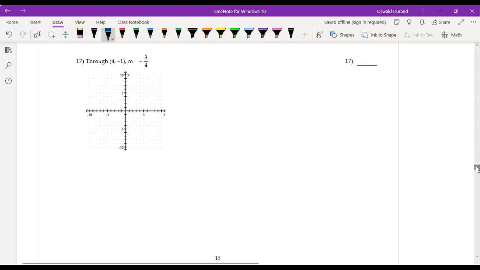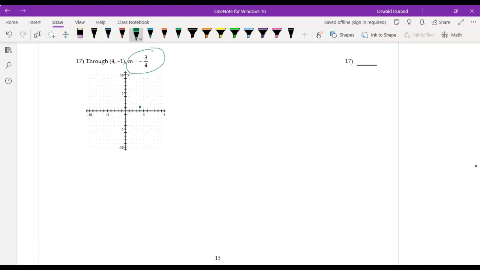All right, so in order for me to use the slope and a point to graph, all I have to do is look at what's given to me. So I have a point which is 4, -1, so I can plot that. So 4, -1, so we have 1, 2, 3, 4, and then go down 1 unit. That's my point 4, -1. Now I have to find a second point. But what do I know about the slope,